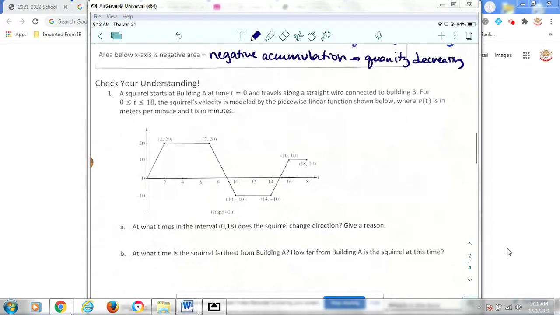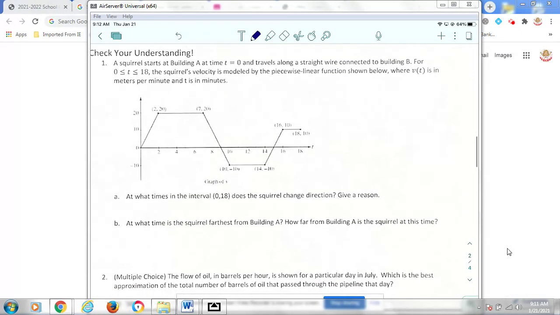All right, so on example 1, a squirrel starts at building A at time t equals 0, travels along a straight wire connected to building B for 0 to 18, I don't know what the time unit is, minutes. The squirrel's velocity is modeled by the piecewise linear function below, where v of t is in meters